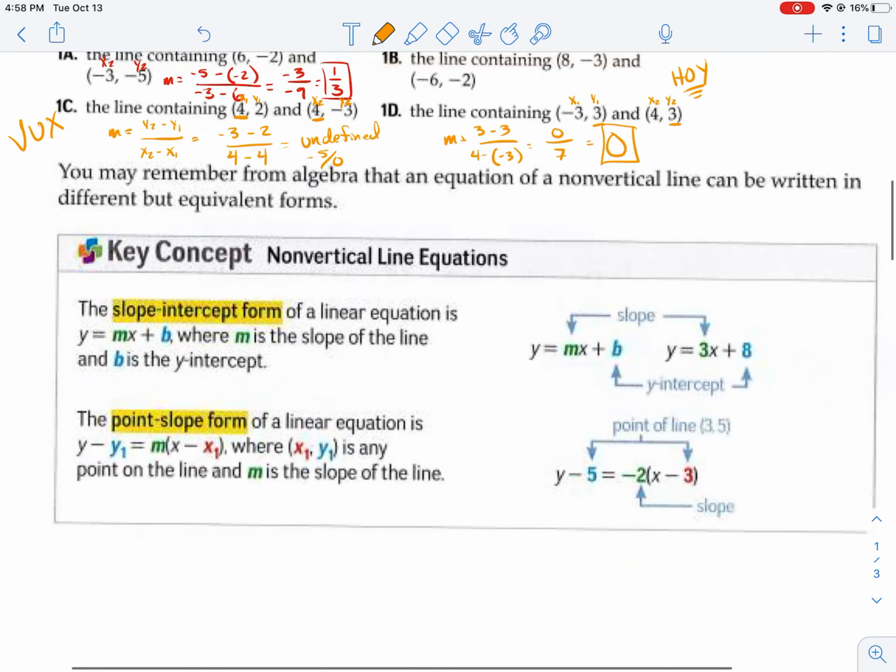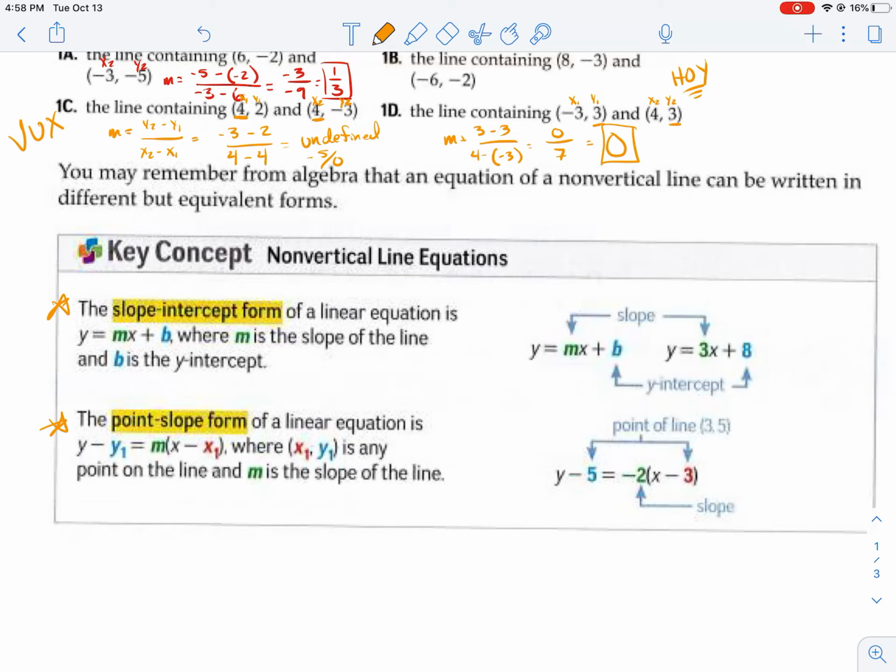All right, so you may remember from algebra that an equation of a non-vertical line can be written in different but equivalent forms. Okay, so these should look a little familiar from last year. We got the slope-intercept form and the point-slope form. The slope-intercept form looks like y equals mx plus b, where m is the slope and b is the y-intercept. All right, and the point-slope form is where x1, y1 is your point, and then m